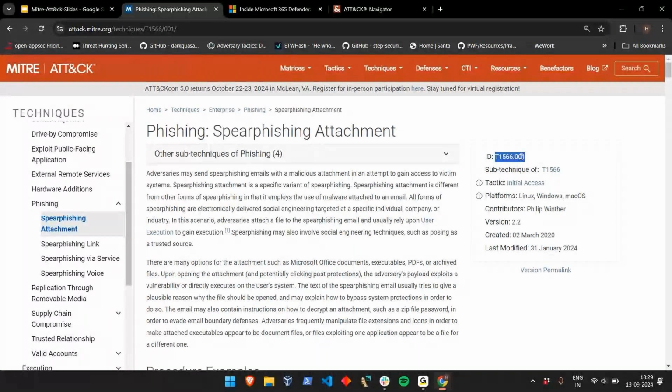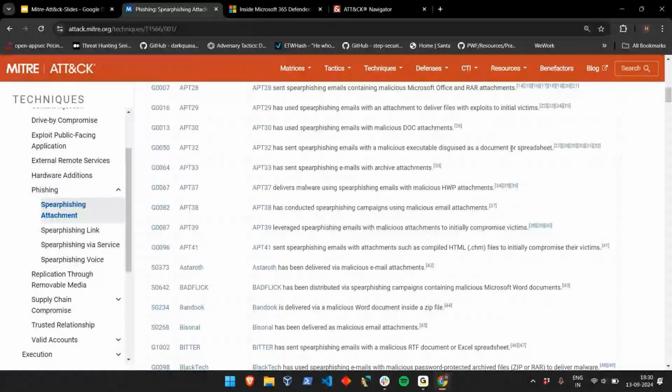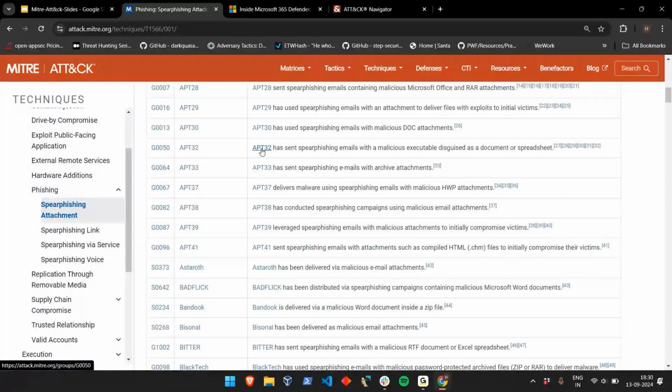But at the same time, as a red teamer, we also have to think about whether we are able to achieve the same thing, because it is very difficult for us to emulate or simulate the adversaries 100%. That's why it is very important, and this MITRE framework will help you out. Just look at it, it has a bunch of procedures here. So let's say you are simulating APT32, and you will see APT32